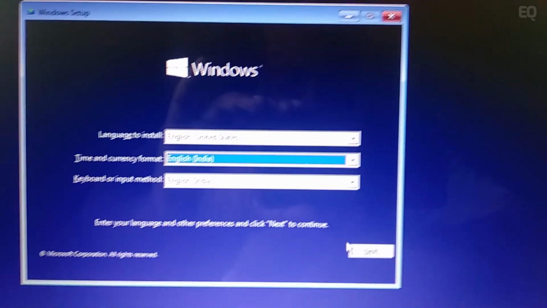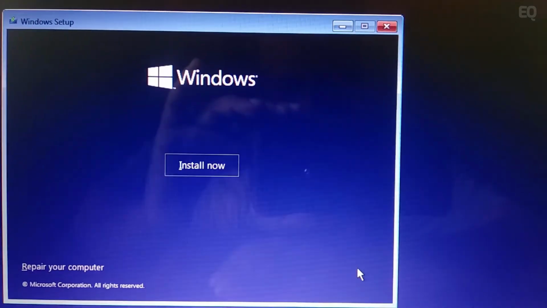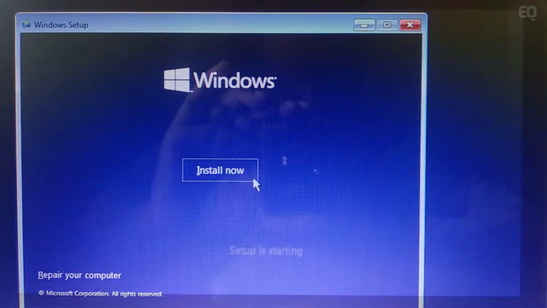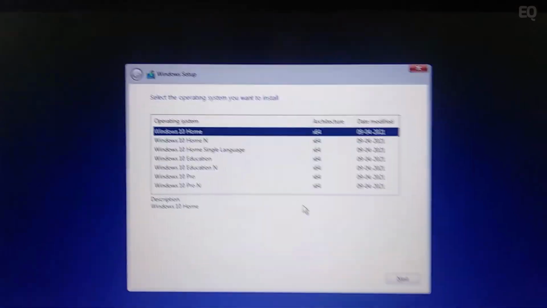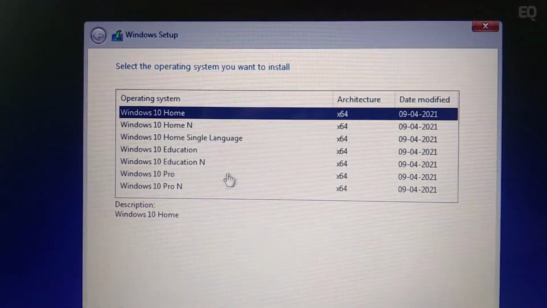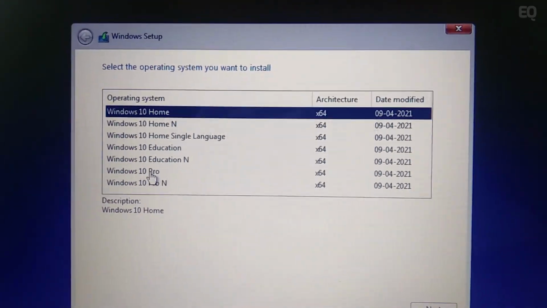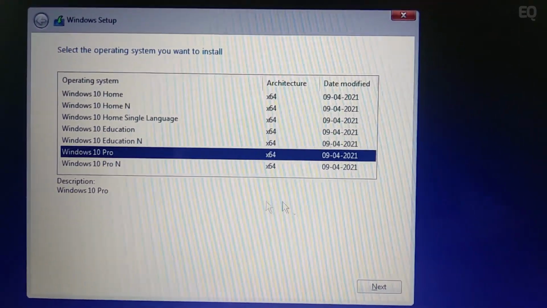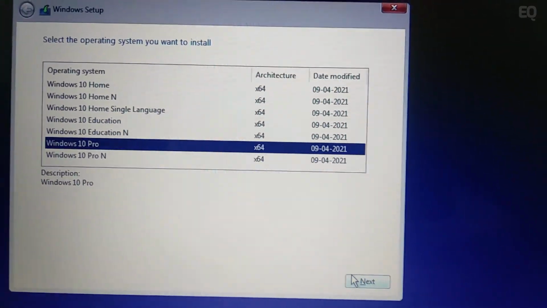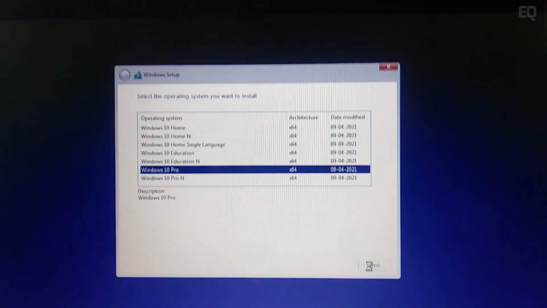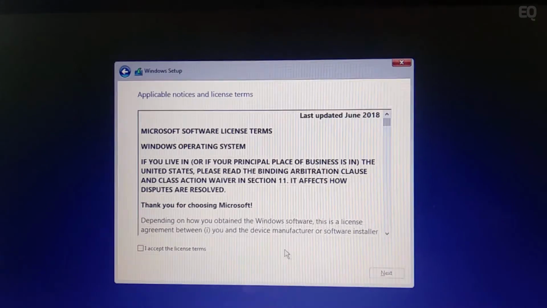Just like before, after setting the language, we are going for next and then install now. So now we have the required screen in front of us, the Windows Edition selection screen. Earlier it was not there. So after applying the fix, we have this screen. We are free to go ahead and select our required edition, and then we are going to click on next. So the fix worked.